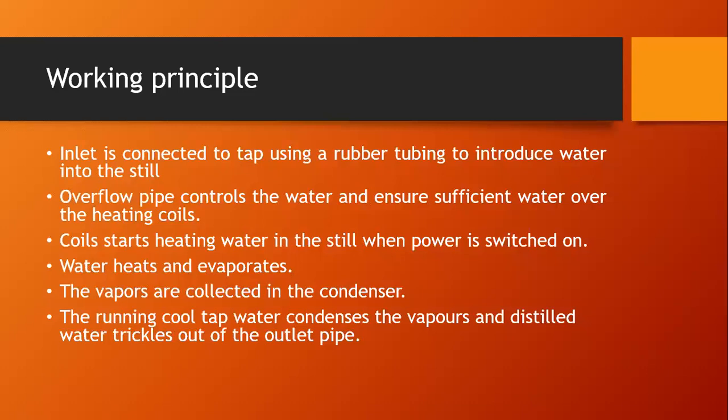As the water vapor encounters the coolant, the temperature of that water vapor will start to decrease. Okay, so as the temperature gets below 100 degrees Celsius, the water vapor will change its physical state into liquid, and it will be collected through an outlet pipe. So it flows through the outlet pipe and we collect it and we get distilled water.